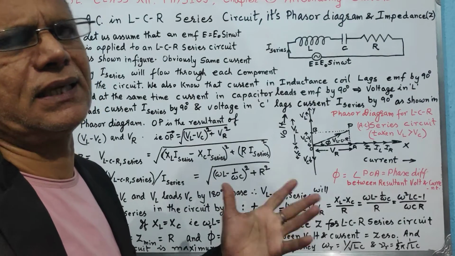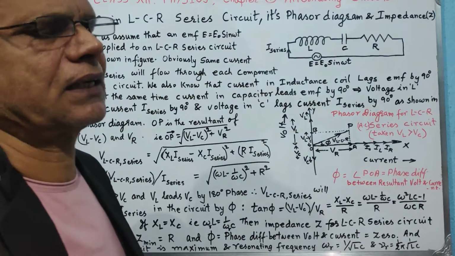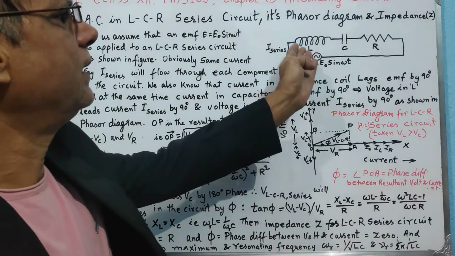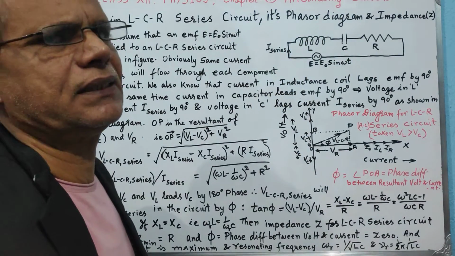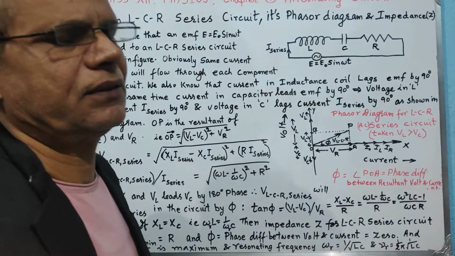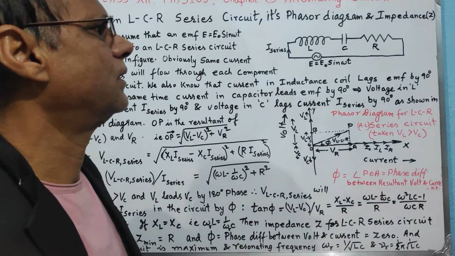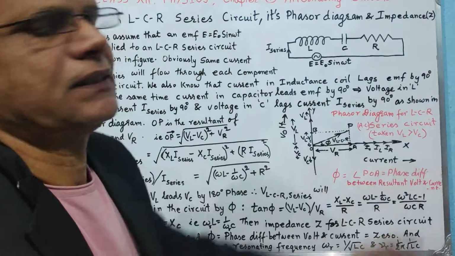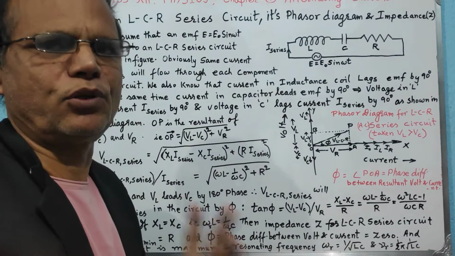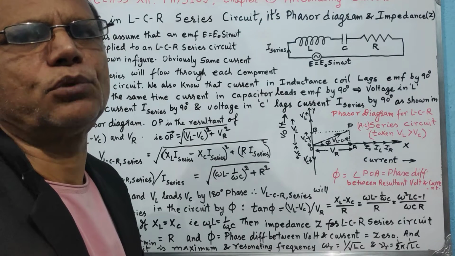It is not that the current will change its phase while moving from one component of the circuit to another, and therefore we can restate the phase relationship between voltage and current for the inductance coil, for capacitive circuits, and for resistive circuits. In a purely resistive circuit, we have seen that both current and voltage are in the same phase.